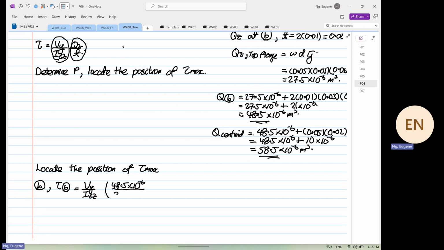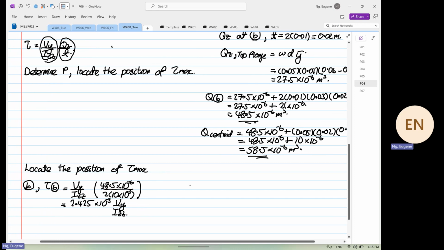The thickness is twice of what? 10 millimeters. Okay, twice of 10 millimeters. So this is equal to 48.5 divided by 2 divided by 10 to the power minus 3, which is equal to 2.425 times 10 to the power minus 3 Vy over what? Izz. Let me do it again. So 48.5 times 10 to the power minus 6 divided by 2 divided by 10 to the power minus 3 is equal to 24.25 times 10. So now, if we calculate at the centroid,